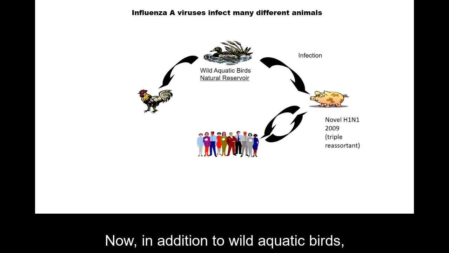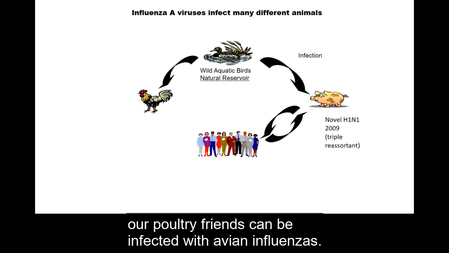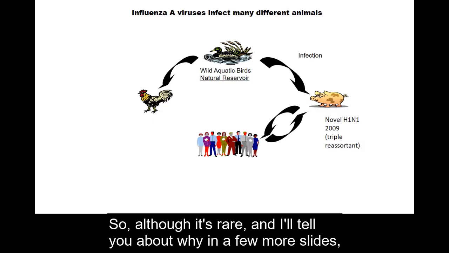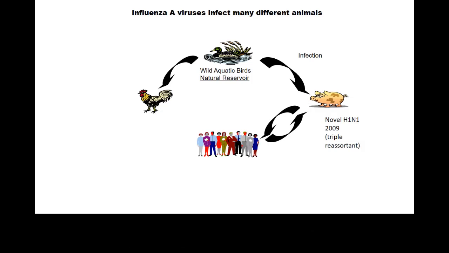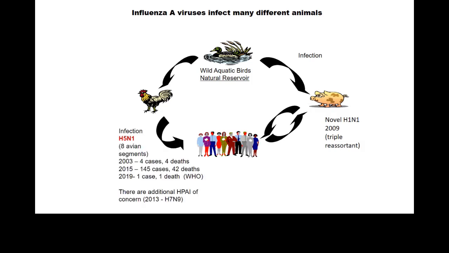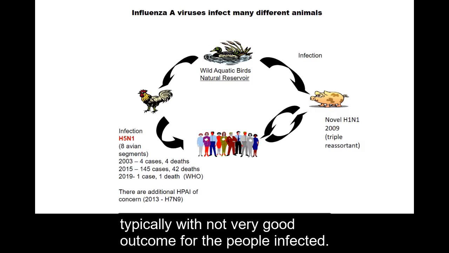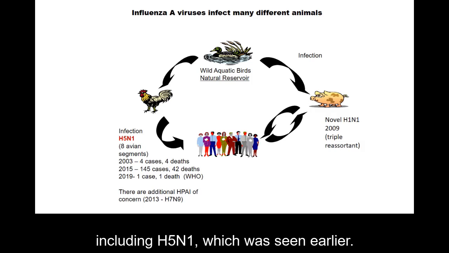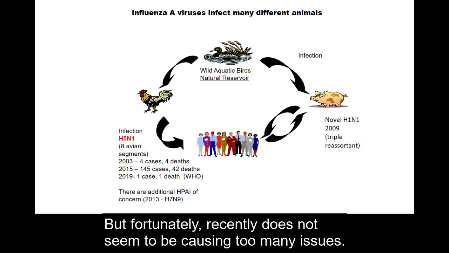Now, in addition to wild aquatic birds, our poultry friends can be infected with avian influenzas, and we have much closer contact with them. So although it's rare, and I'll tell you about why in a few more slides, direct avian to human transmission has occurred, typically with not very good outcome for the people infected. And so these are highly pathogenic avian influenzas, HPAI, including H5N1, which was seen earlier, but fortunately recently does not seem to be